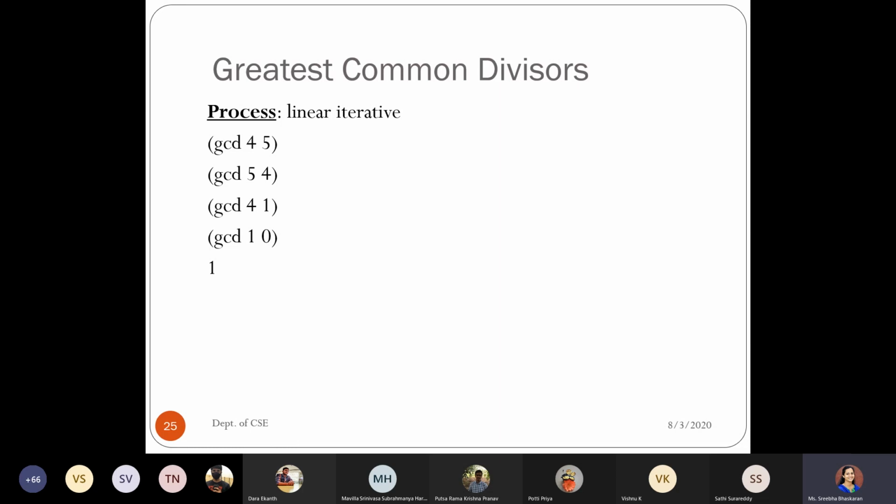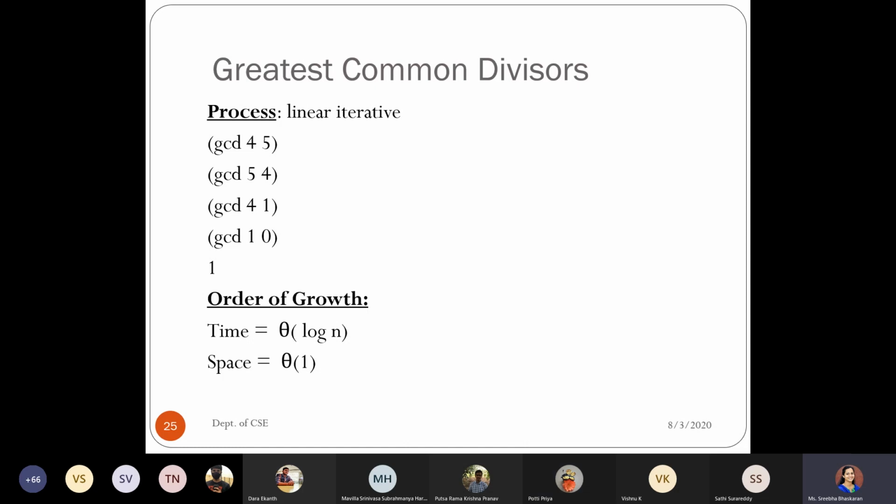As you have seen for the factorial one, there was a multiplication of something with some operator and some value. That is not required for this. So that is the reason why I'm saying that with respect to space, it will be theta of 1, because it requires only 2 arguments to be stored.